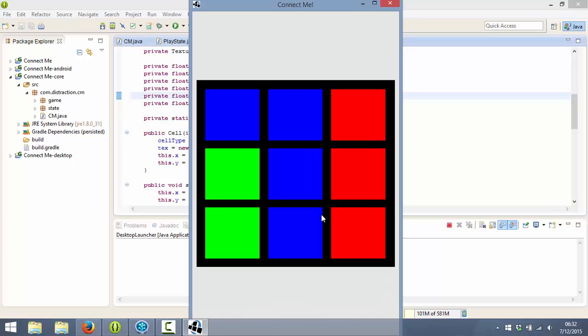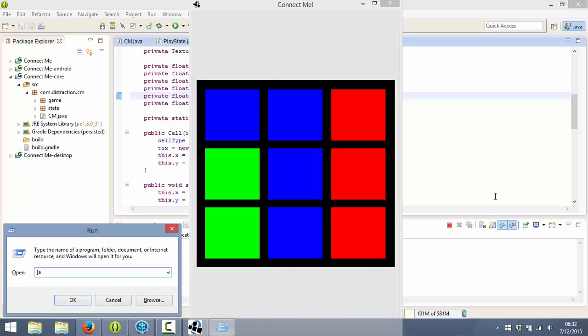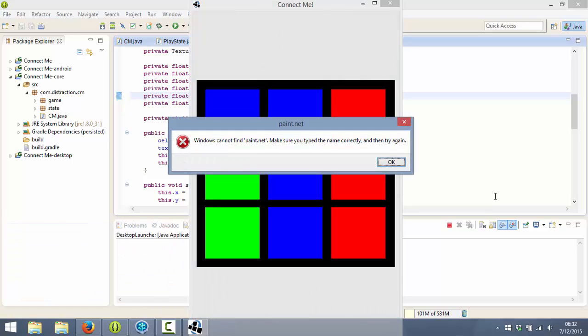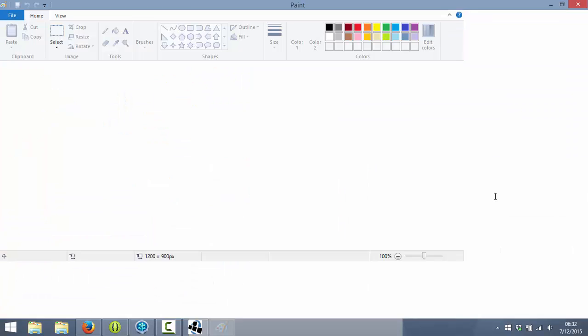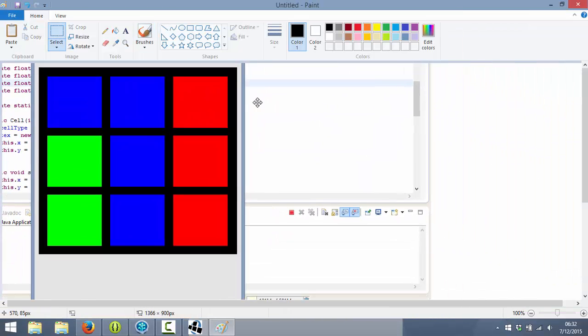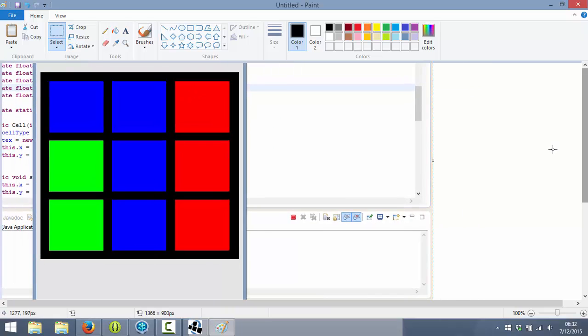So, the algorithm that we have to use to do this is pretty much breadth first search or depth first search. Either one of them is going to work. What's going to happen is I'm going to go through the entire array using a double for loop,